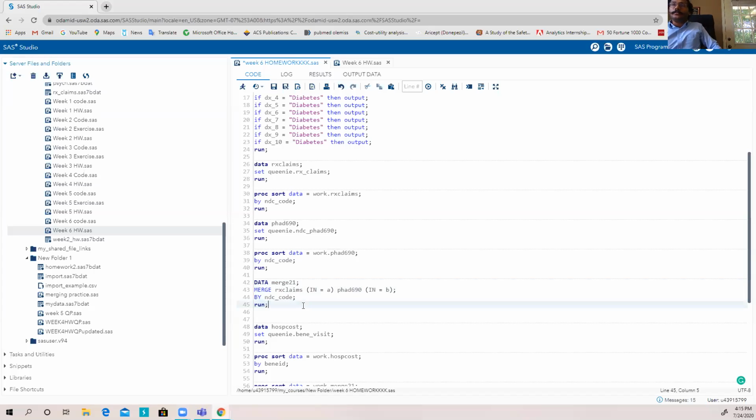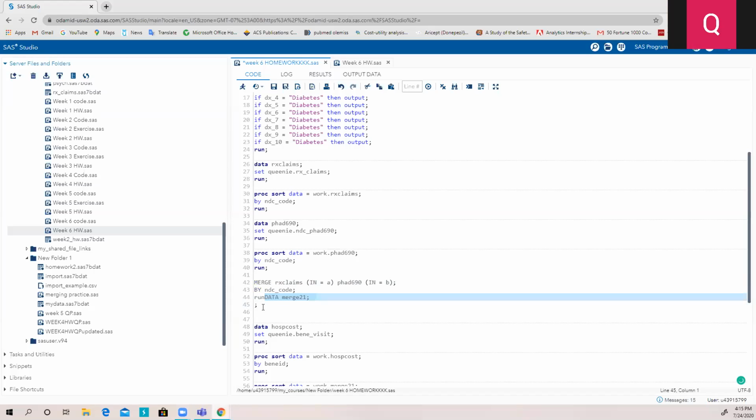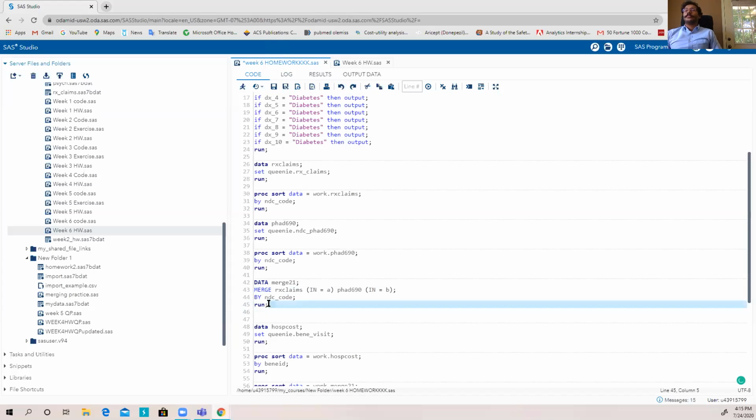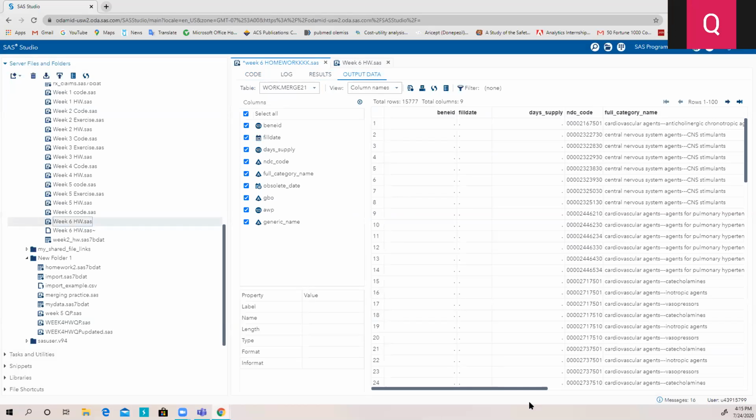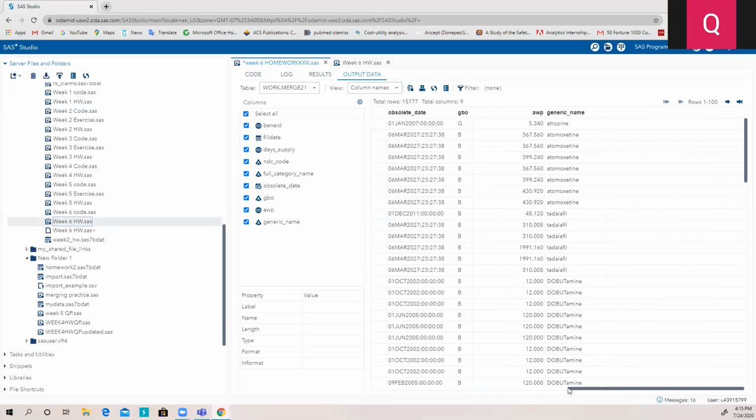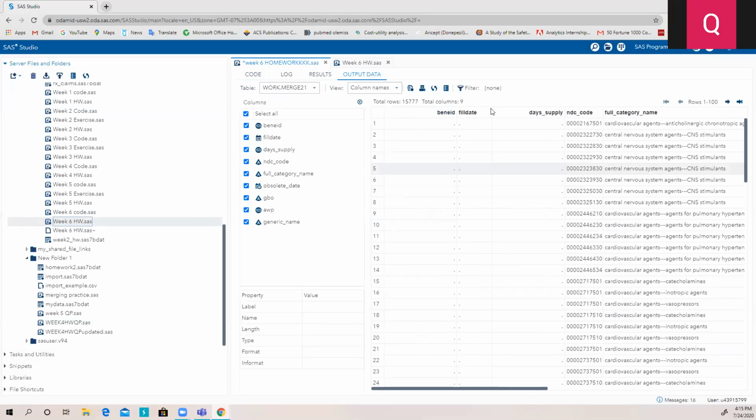Here, this is what I did. I have everything except Bene ID and fill date. I don't need fill date and day supply, but I do need Bene ID.